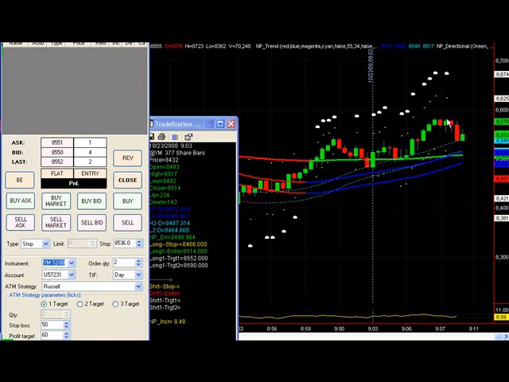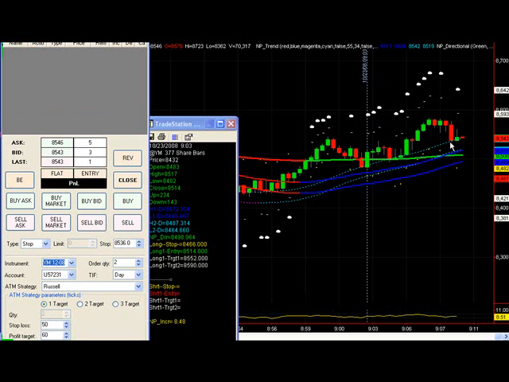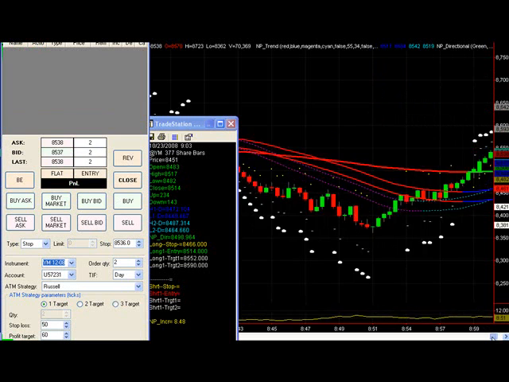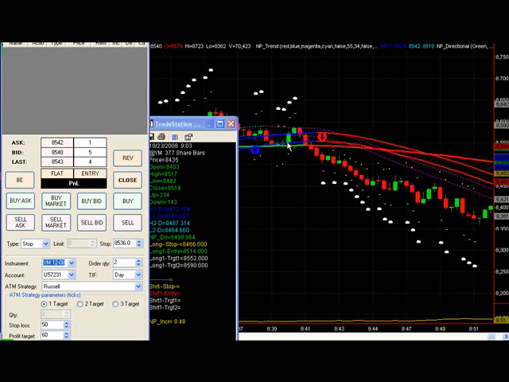Alright, so that one went ahead and came back down and took me out at my profit stop. So I was able to pick up, in that case, another 15 points. So overall, I picked up 60 points on this trade. That's my second winner. As you remember, I had this short here, and I had this long that was a loser. So I had a loser and then two consecutive winners. That puts me up